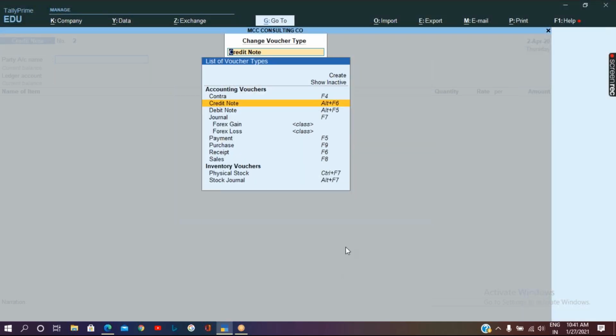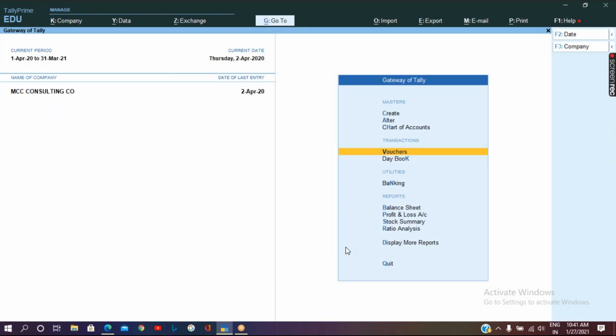My requirement was how to check the report related to godown wise. Alt F5 for debit note, Alt F6 for credit note. Good try. My requirement is how to check the godown wise report in Tally.